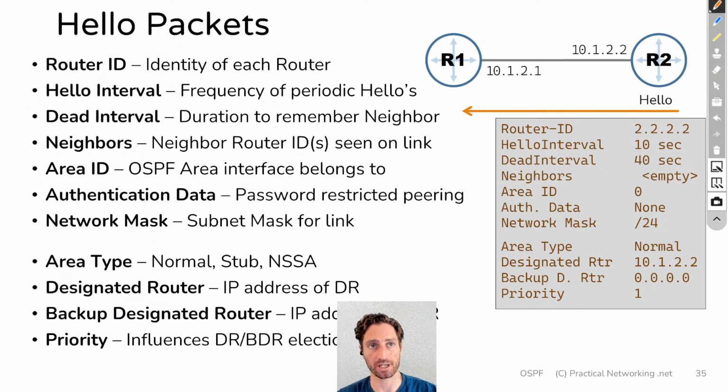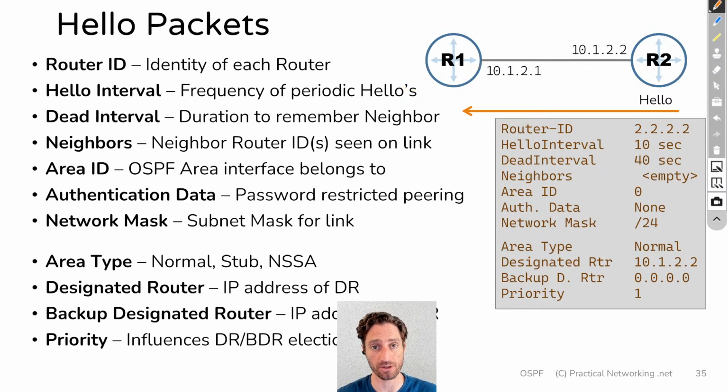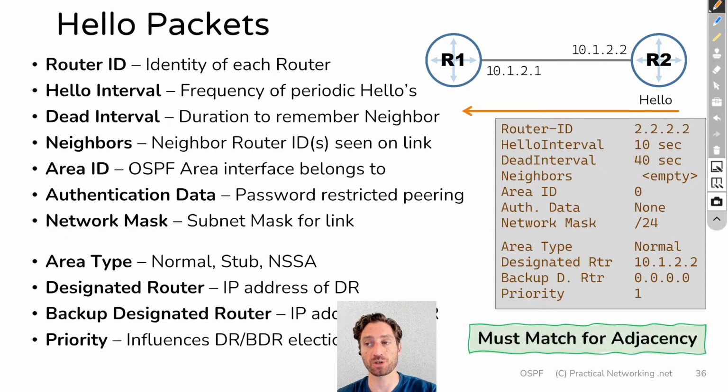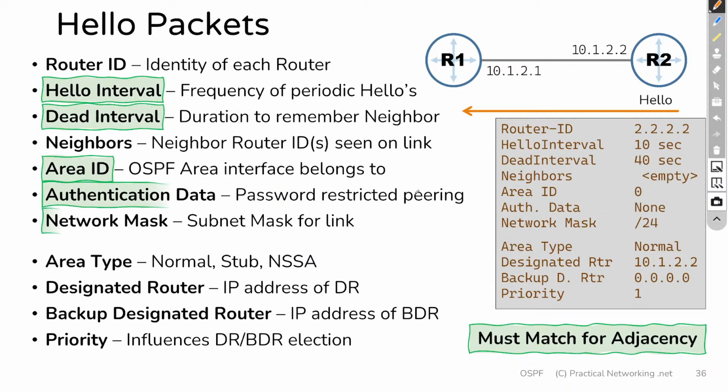And one more thing. Remember I told you that the information inside a hello packet is what's going to determine whether router 2 and router 1 are going to become friends, they're going to become neighbors with each other. Which means there are certain pieces of information in the hello packet which must match for router 1 and router 2 to actually become friends with each other. Let me just get rid of this for now because it's in the way. Those pieces of information are these